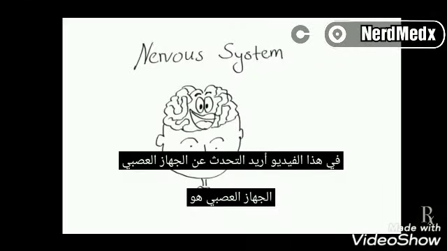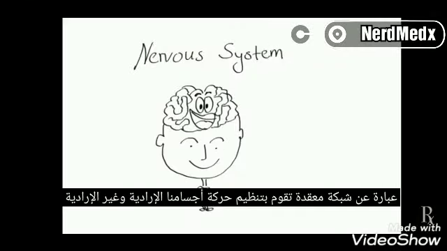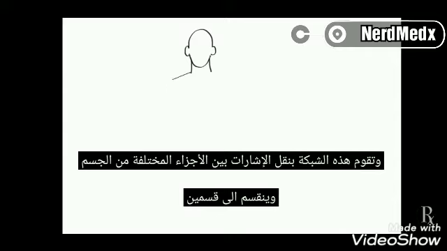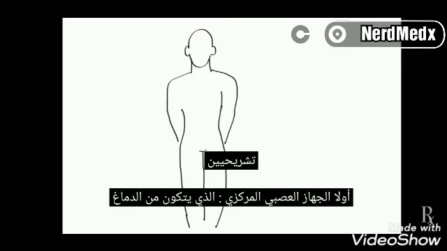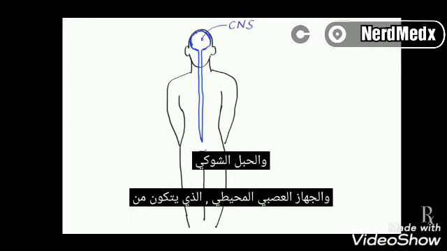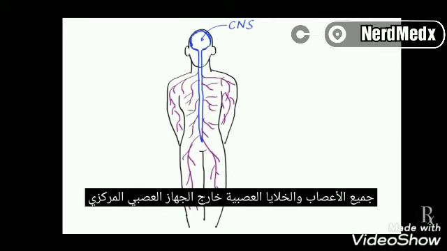So our nervous system is a complex network that coordinates our body's voluntary and involuntary actions and transmits signals between different parts of the body. It is divided into two anatomical divisions: the central nervous system, CNS, which consists of the brain and the spinal cord, and the peripheral nervous system, PNS, which consists of all the nerves and neurons outside of the central nervous